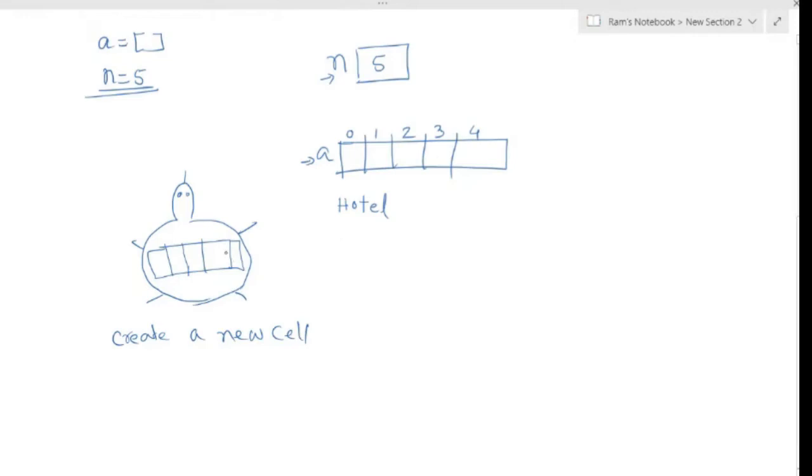So create a new cell. As soon as this tortoise receives a command or an instruction, it will create a new cell inside its collection of cells. Or you can ask the tortoise to, for example, remove the last cell. Remove the last cell. Okay. Or you can say like